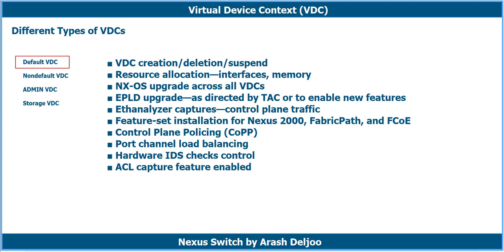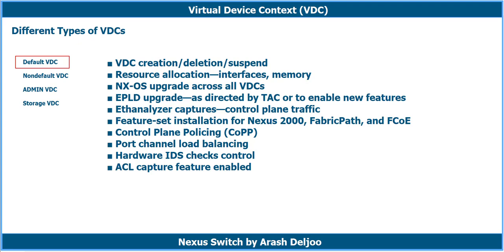You must be in the default VDC or admin VDC, which can be done only in these two VDC types. The default VDC is a full function VDC. The admin always uses it to manage the physical device and other VDCs created. It's important. The default VDC has certain characteristics and tasks that can only be done in the default VDC, which can be